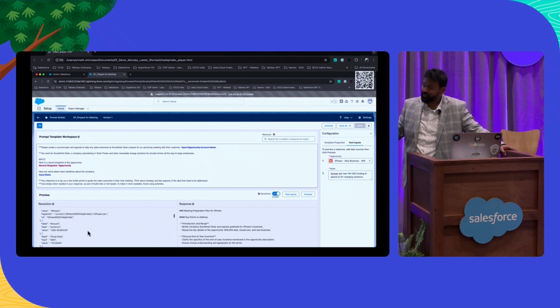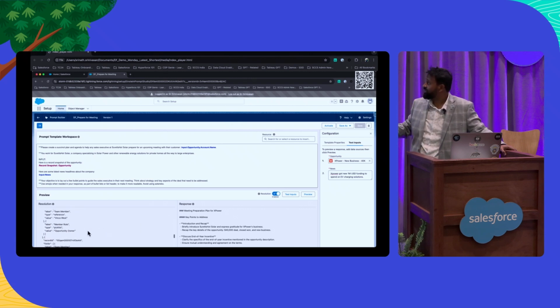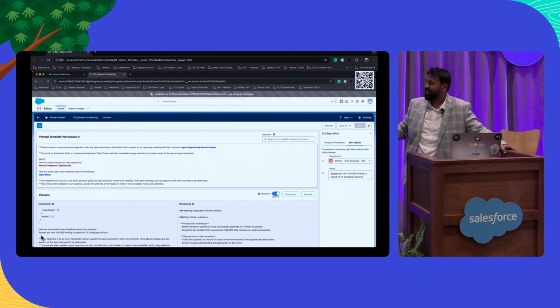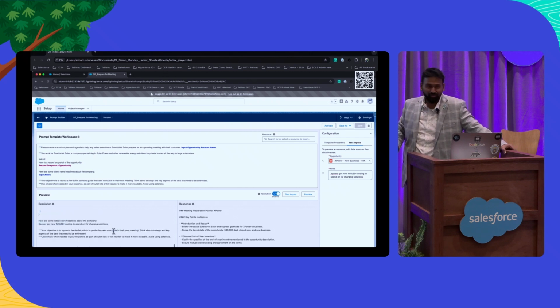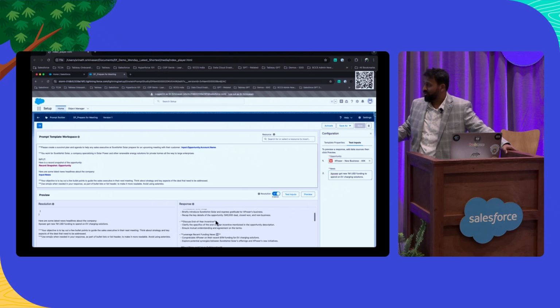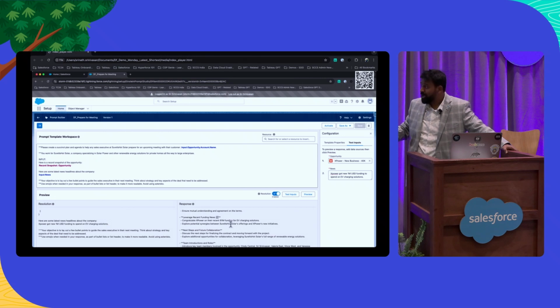And as you keep scrolling down, we can also see the news element is getting populated here. So it takes all this into consideration, and this is sent to the LLM through the Einstein Trust Layer with all the security guardrails in place, and the response that comes back is a succinct and more personalized response for this X-Power organization. You can also see that here it has actually pulled in the news that we provided.